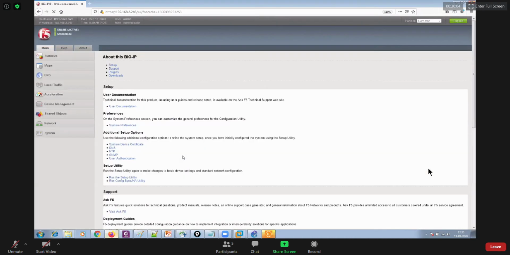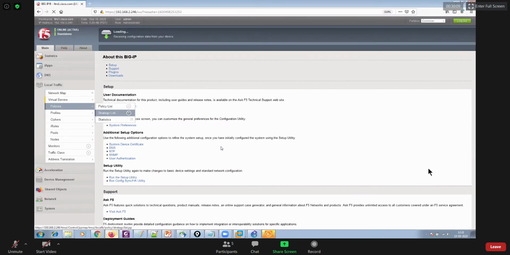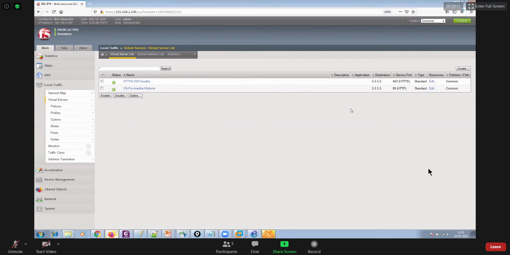So yes, it's good. And this time we have only LTM enabled over here, right? So here you go, I have a virtual server, and that's 5.5.5.5. So this is fine.